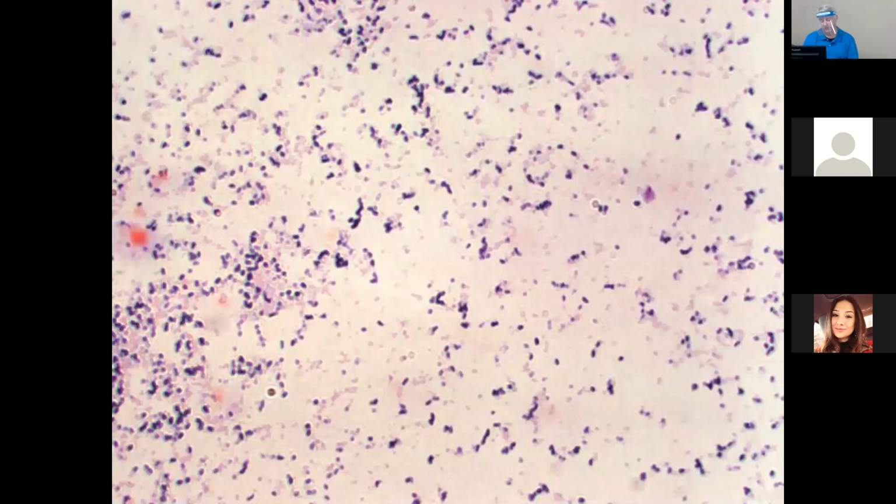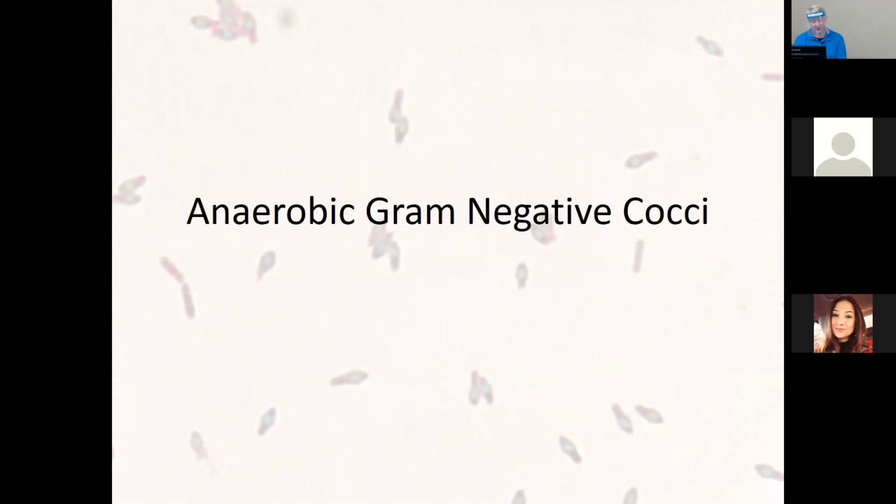Look at that. It looks just like our gram stains we started with at the very beginning of the semester. Not quite, but stay with me. All right, anaerobic gram-negative cocci. Flip over. Do we have any of those over here already? Gram-negative rods, Klebsiella, Shigella. Do we have any gram-negative cocci? We have diplococci, Neisseria over there, right?